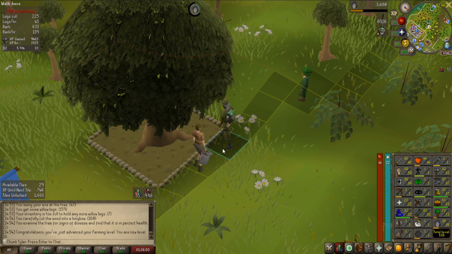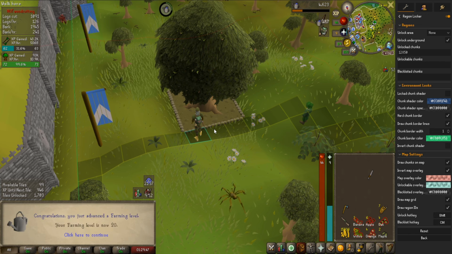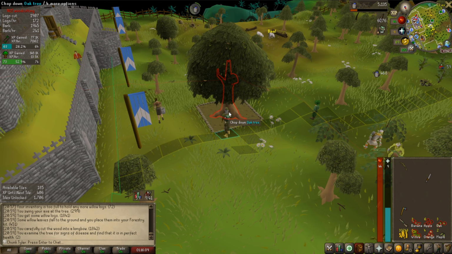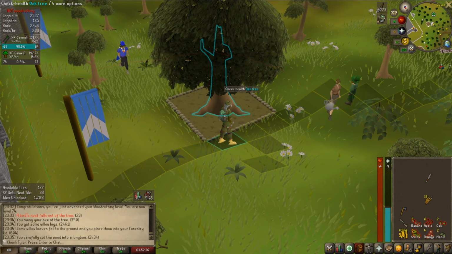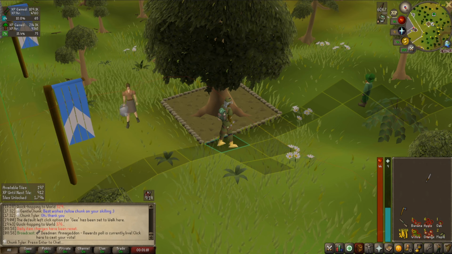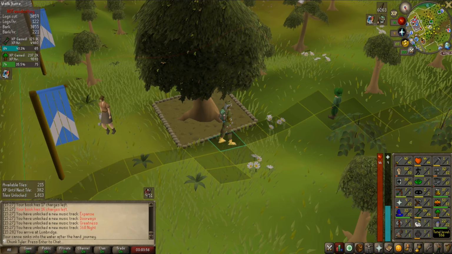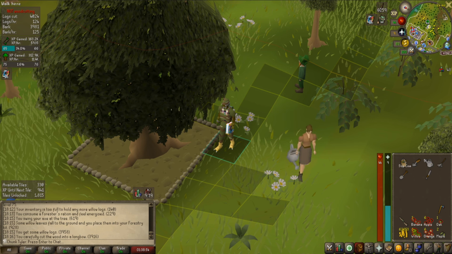Oak 2, level 18 farming. Oak number 3 for level 20 farming. And this is oak number 4 for 21 farming. Oak 5. Probably. I kind of already lost count. 22 farming. This could be oak number 6. Wow, I didn't get a farming level. Oak 7 for 23 farming. Oak 8